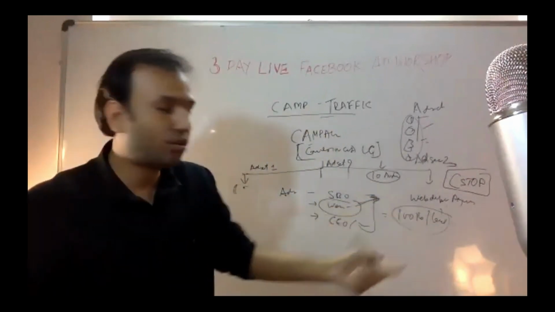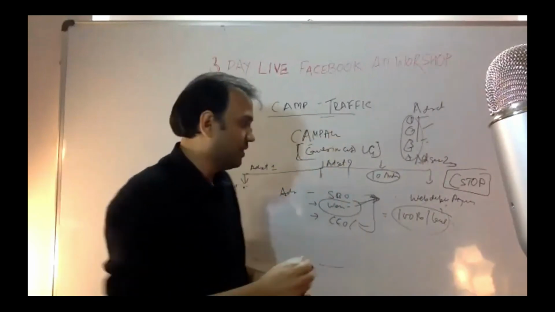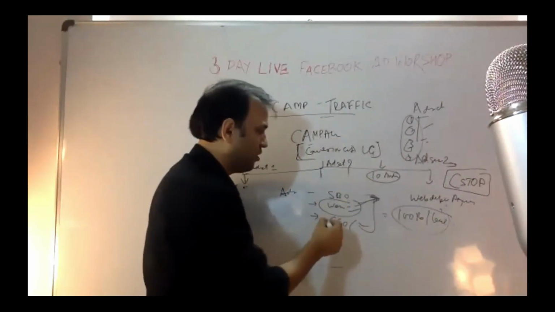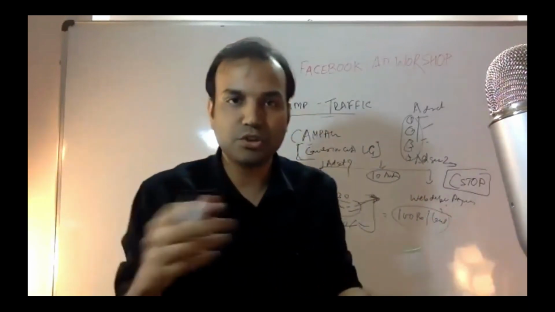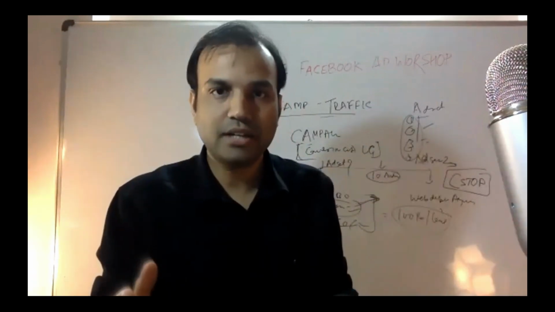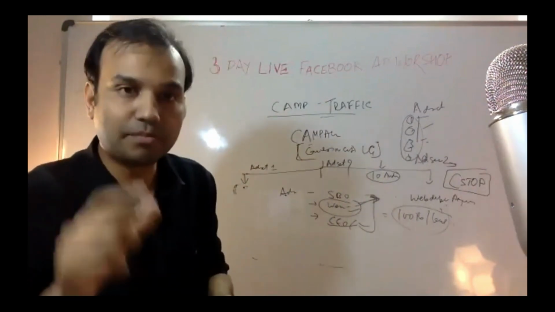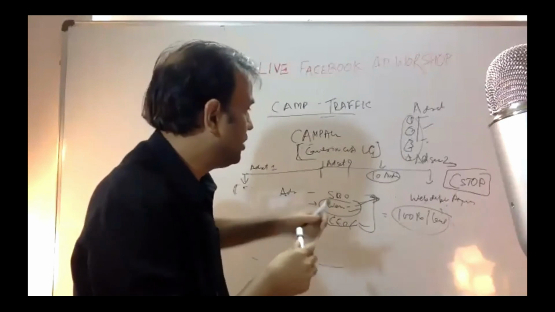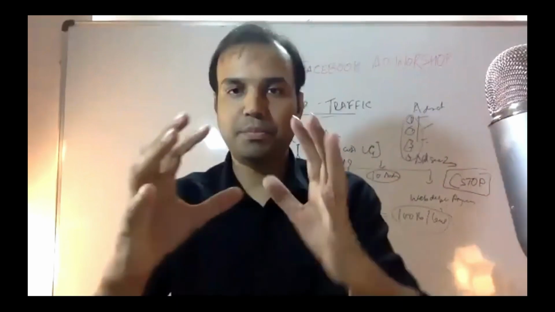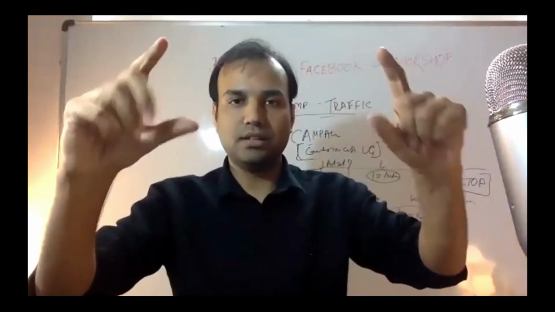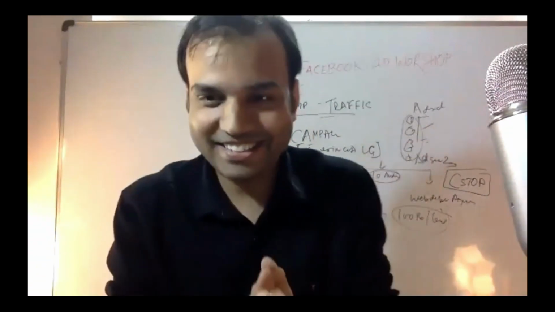Now, when you are running, you don't know, because you have clubbed all of this together, whether it is for web development agency, or for targeting CEO or SBO. At that point you will be confused, so you will not be able to optimize your ad. This way you clearly know which one is performing, and this is one of the important things with respect to testing. So next time when you create the ad, you will only put the best performing audiences in one ad set. Now let me know if it is clear or not.